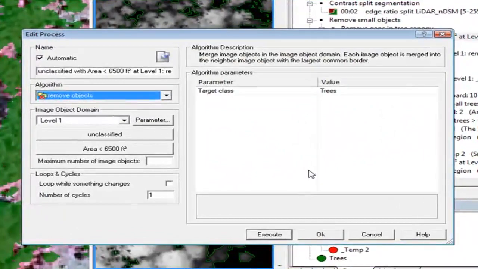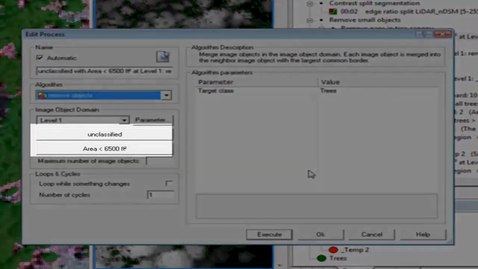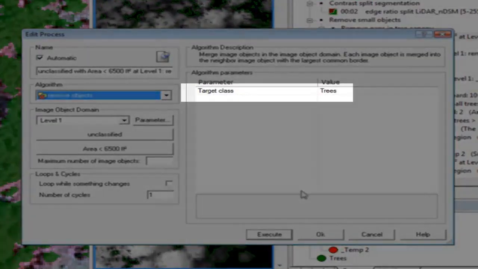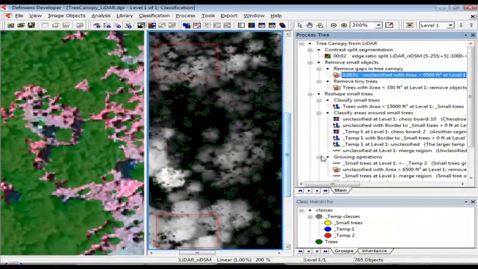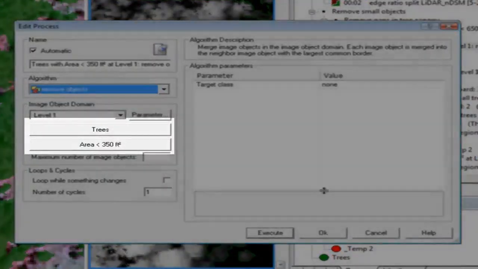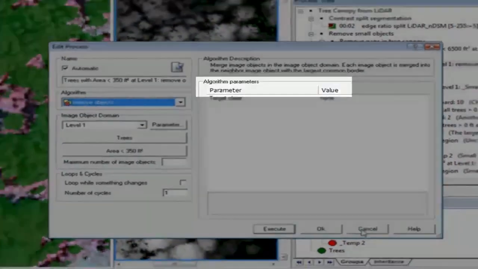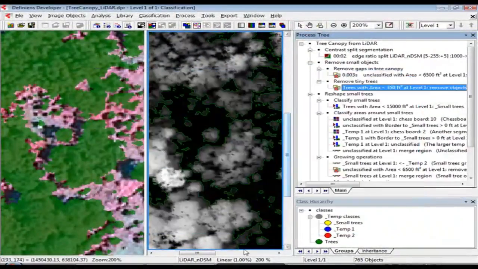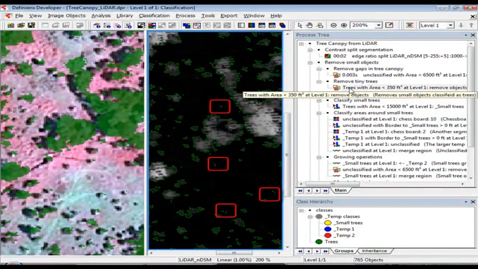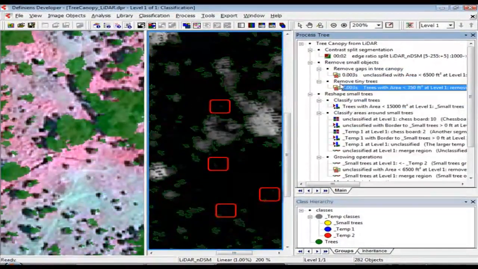So in the first one, what I'm going to do here is I'm finding all unclassified objects that are small, and I'm assigning them to the target class of trees. You can see I've removed some of those gaps in the tree canopy. Very similar process to deal with those tiny trees here. That is, I'm removing trees with a small area and assigning them to no class, so they're going to be assigned unclassified. Let's scroll over to an area here where we have some of those small trees and execute that